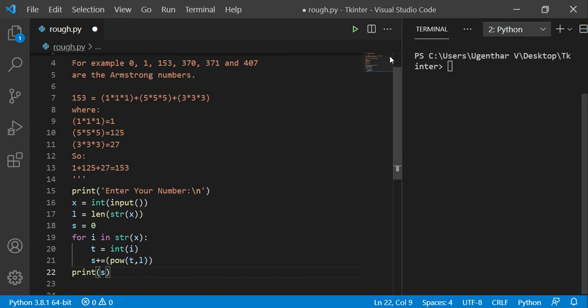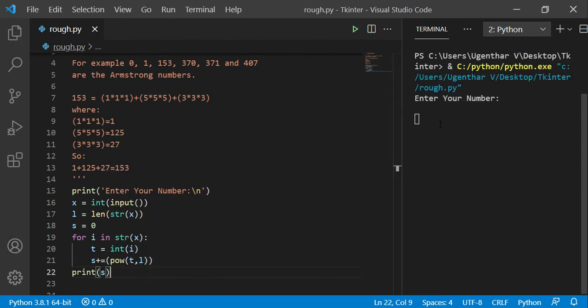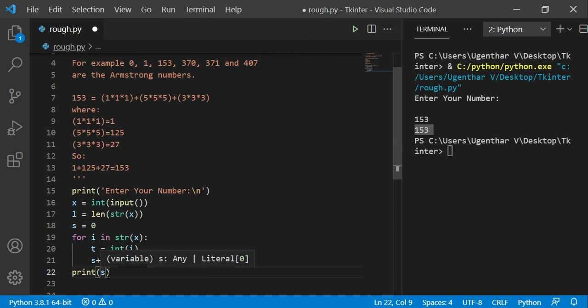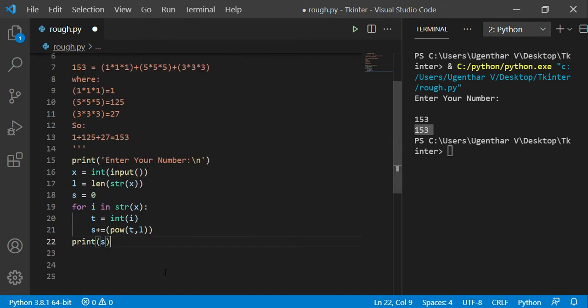Now let me check the code. I'm giving 153. Sorry, 153. See, I'm getting the same output as yes. This indicates that our algorithm is working fine.